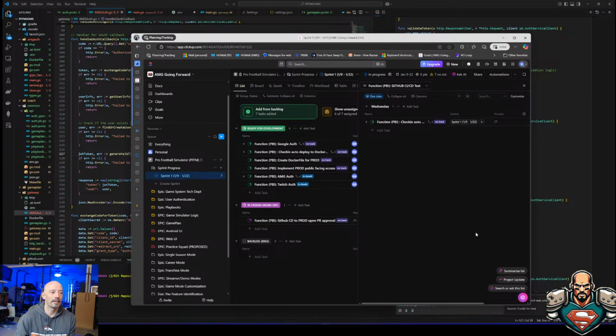The reason this is in design is because I haven't done it before, so I don't know how it's going to work. And this might even be things like, I have to see GitHub CD to prod, which means it's an ngrok something, right? Install, configure ngrok. Is that what it's called? For public access.